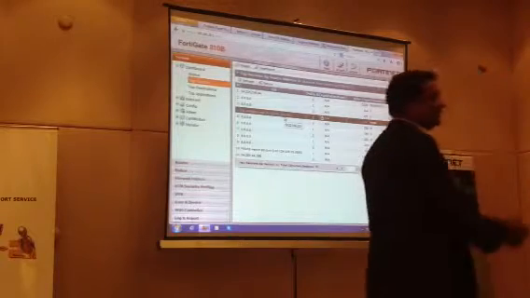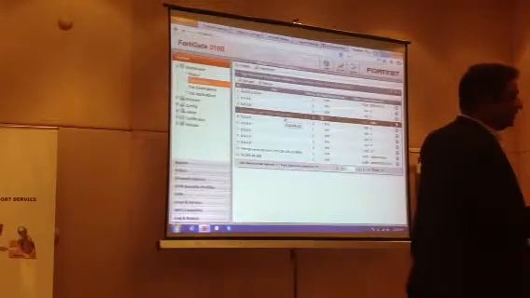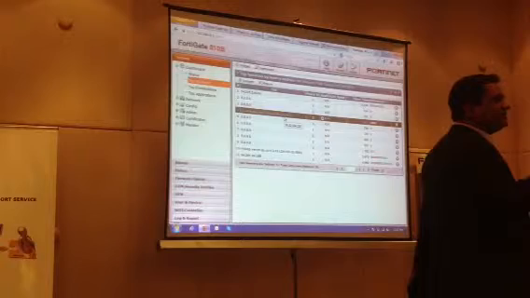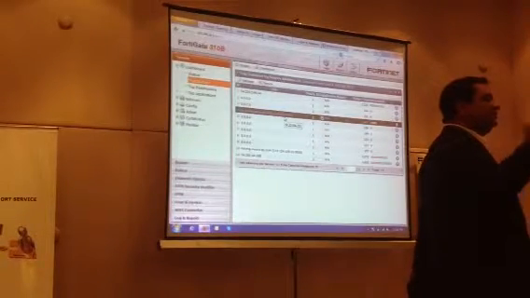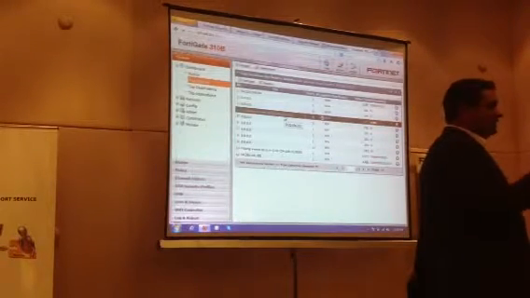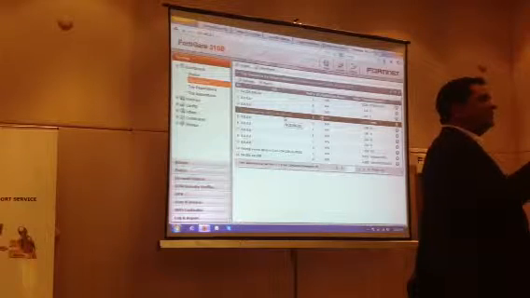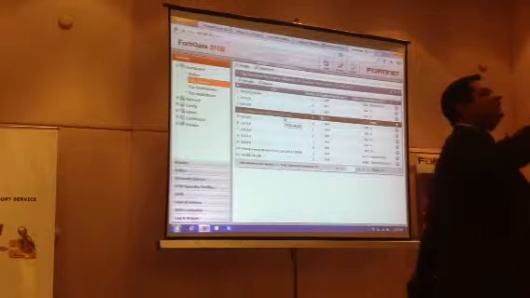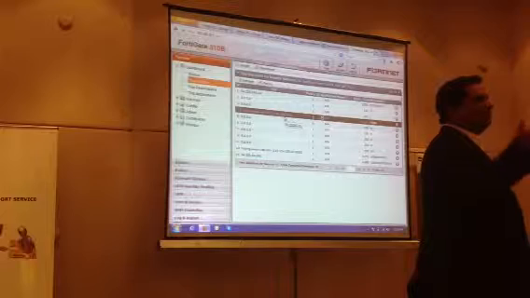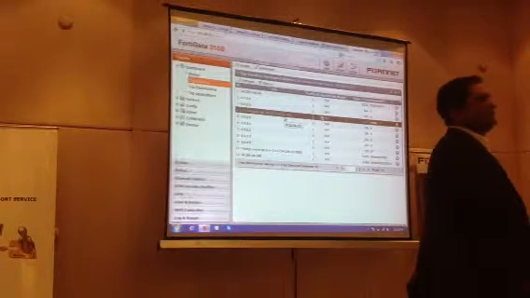Especially when you have already blocked a few sites and users are still using them, you can go and check with the user that we have already blocked it, but how are you able to use it. So that way you can do it. Or else you can use the endpoint control feature, where we support application control at the client itself.